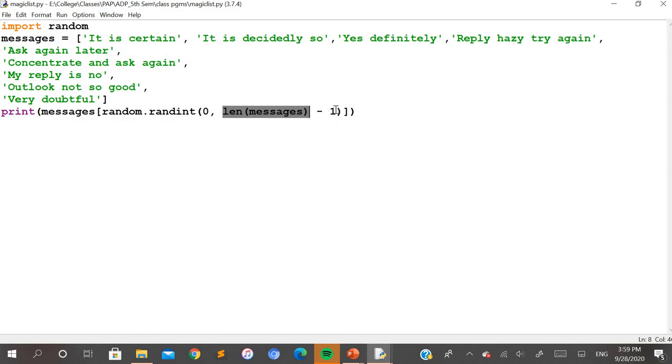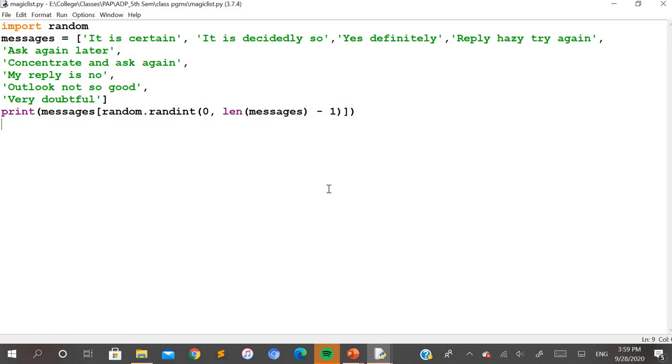And why minus 1 has been taken here is that you want to tell which index value needs to be taken. If you do not take the minus 1, then it is going to consider a random value selected from 0 to 9, and at that time it may take 9, which doesn't exist here. Why? Because the count of contents is considered from 1 to n, but indexing is considered from 0 to n minus 1. That's the reason why the minus 1 is taken here, just to tell that you can extract any content ranging from 0 to 8.